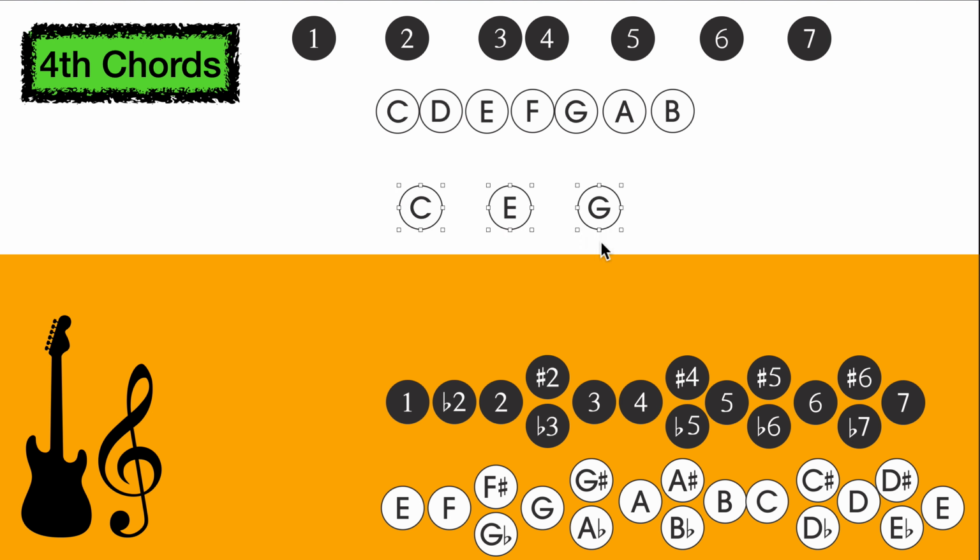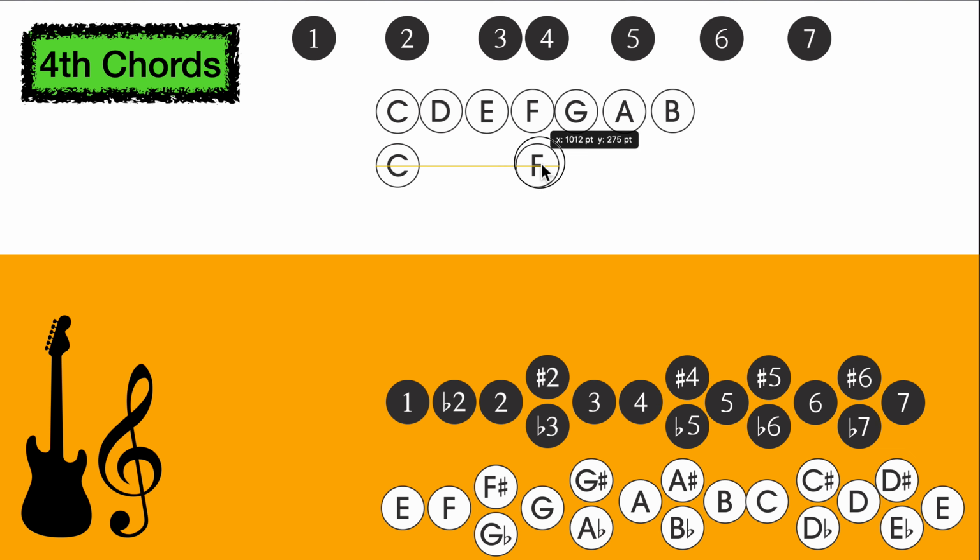So C, E, G, and then D, F, A, and then E, G, B, so on and so forth. Quite simply, C, F, B, and then D, G,